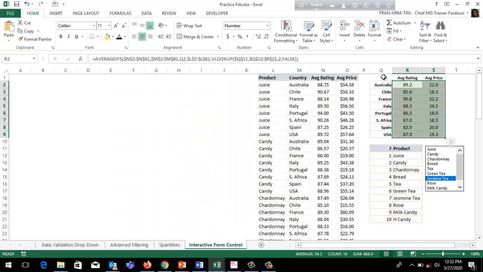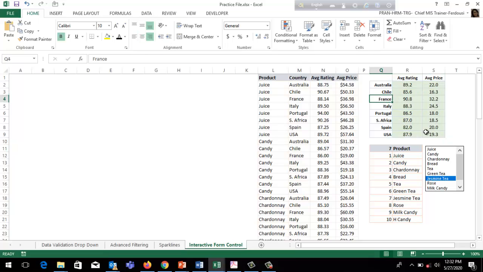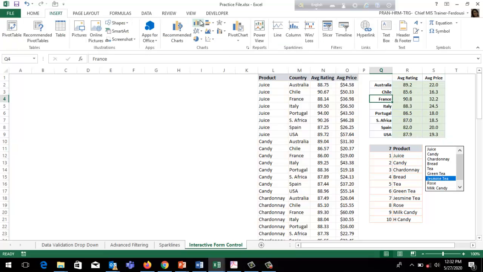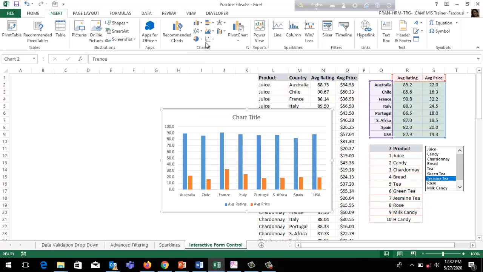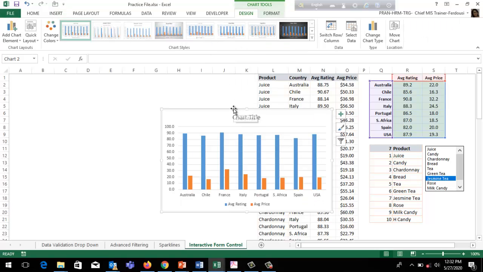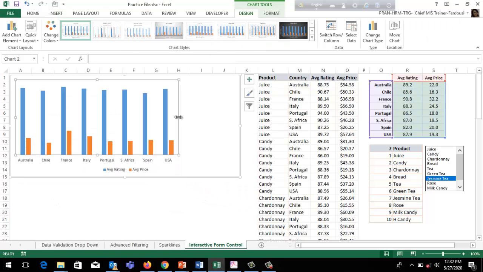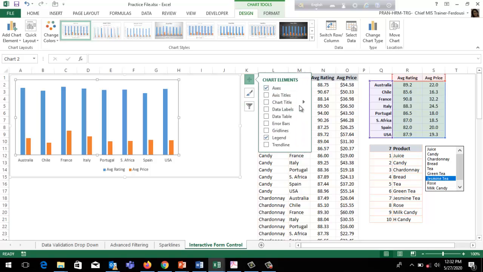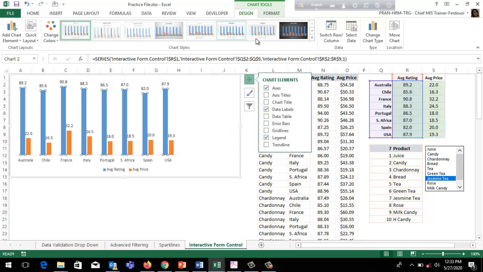If I make a chart with this data, you can use this control easily. Column chart. Add the data labels. Change the design.